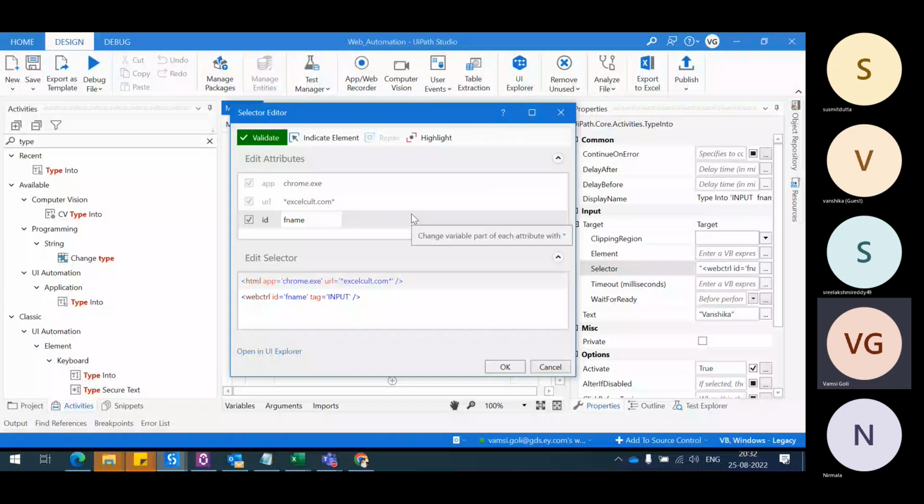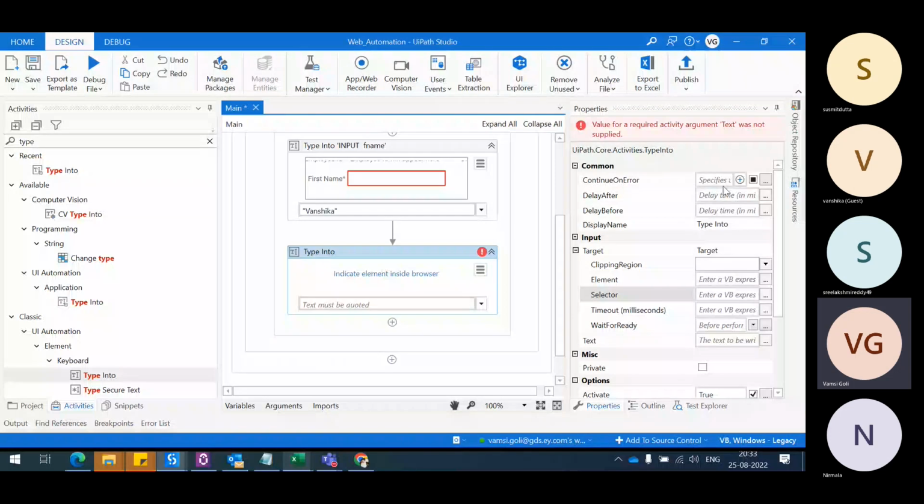So, sir, what happens when I indicate this? What all the properties will fill, sir? If that is your question, let me show you: delay after, delay before, everything is blank, completely blank. You don't have anything at this moment. So let me indicate this, and I want to